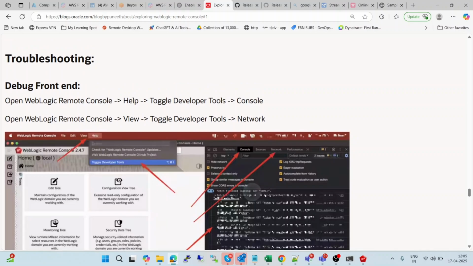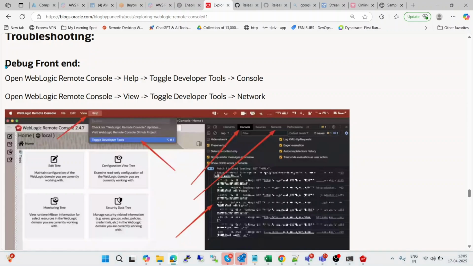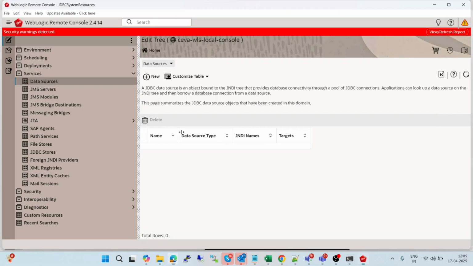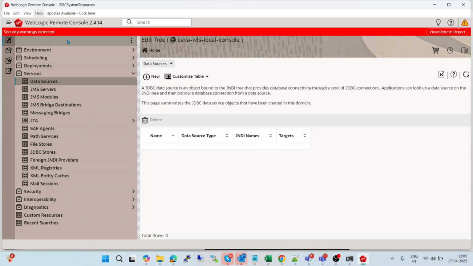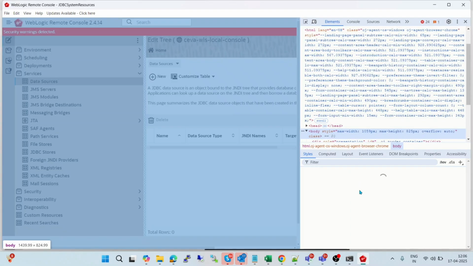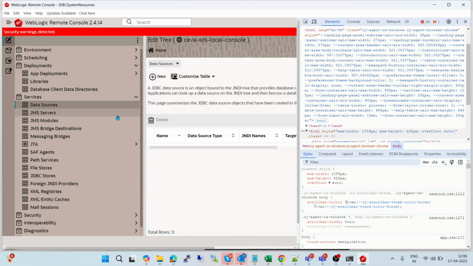Okay guys, so let's check now how we can perform some troubleshooting if you face some problems. We can look at detailed logs, and that we can check basically by opening the console in inspector mode, or we can say in developer tools. So let's go here on the WebLogic console, and if we go to the help, we can open toggle developer tools, and that developer tool will show what we are performing on this console and how it is happening. Okay,